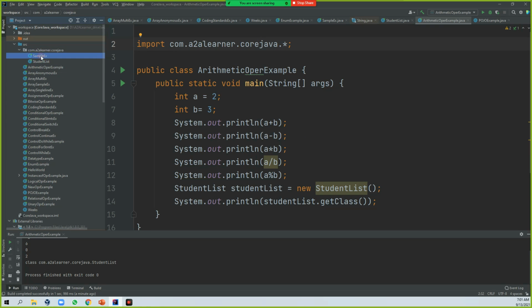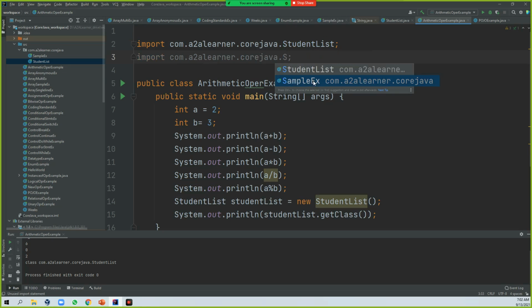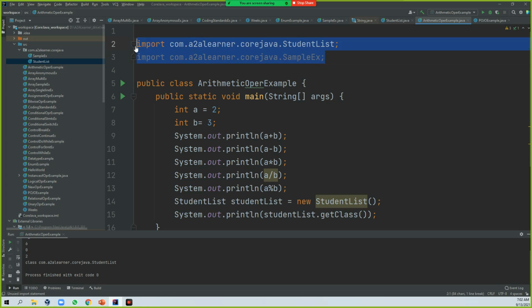Let's say if it has 100 classes, all 100 classes will be imported in this particular class. But this is not the best approach. Whatever classes you want to use, you can simply specify those class names. So instead of this star symbol, you need to specify them. Let's say I want this class and another class. If you want, you can specify it this way. This is the best approach.